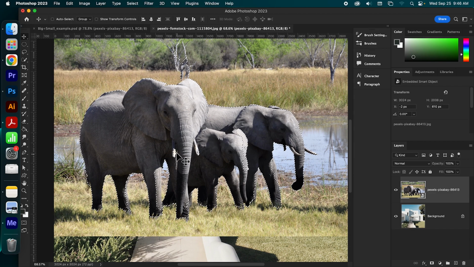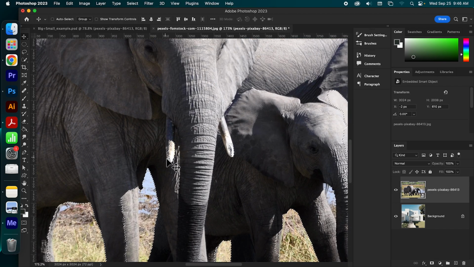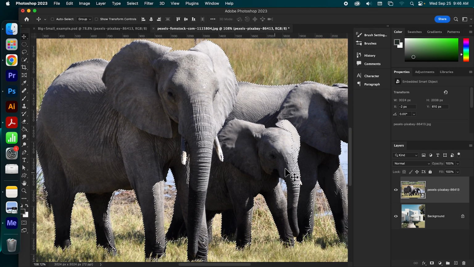Now, I can already tell by looking at my marching ants here that I have things selected that I don't want selected, and I have things that I am missing from my selection. For example, I want to make sure that this is selected and this is selected so that it is part of my elephant. But I don't want these other two elephants. I just want this one.